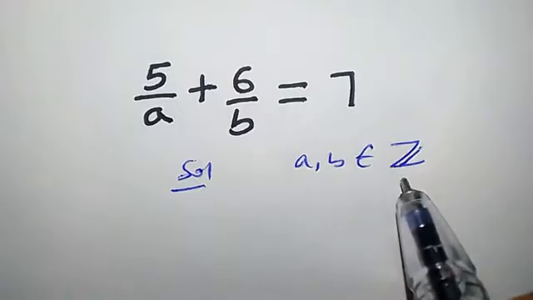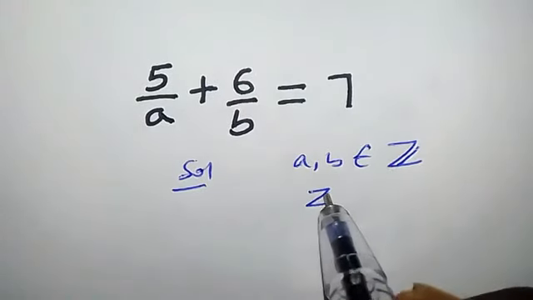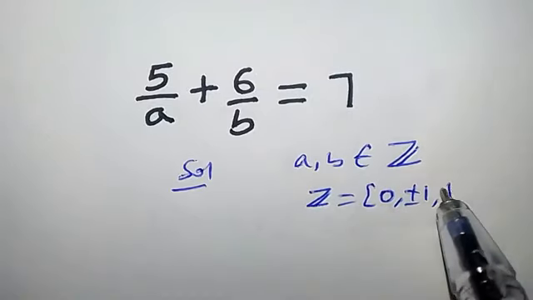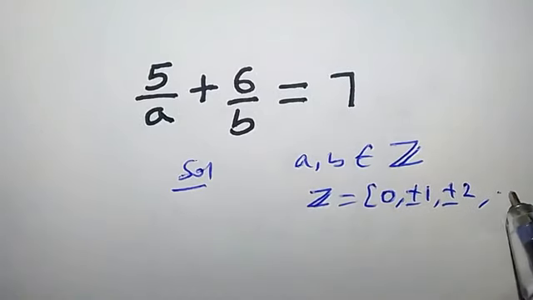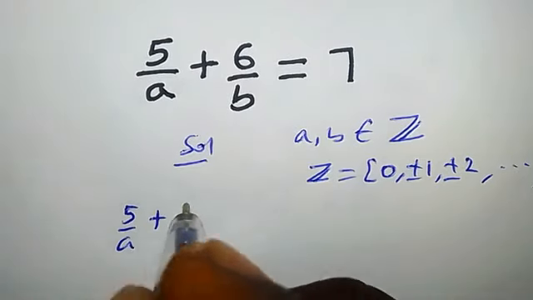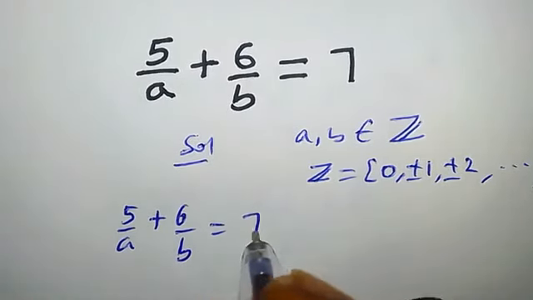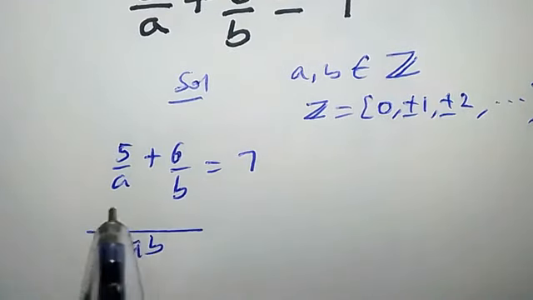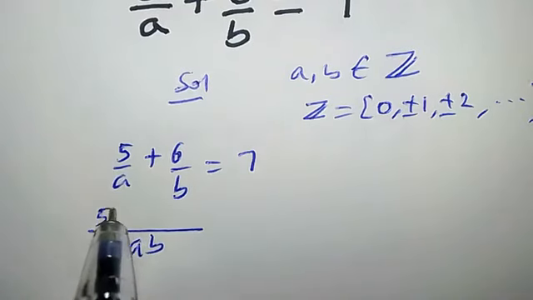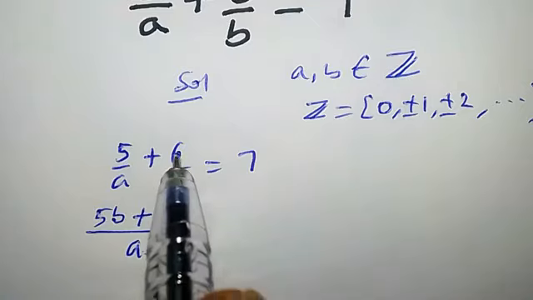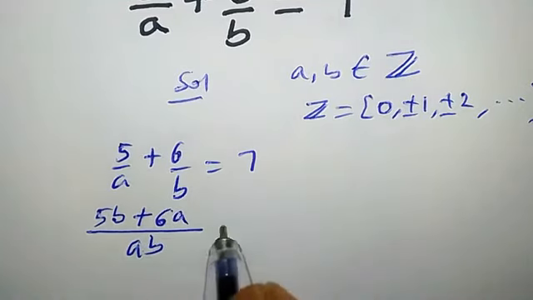This notation is called the set of integers, and its elements include 0, plus or minus 1, plus or minus 2, on and on like that. So let's begin. We have 5 over a plus 6 over b equals 7. The LCM here is ab. ab over a is b. b times 5, we have 5b, plus ab over b, that is a times 6, we have 6a equals